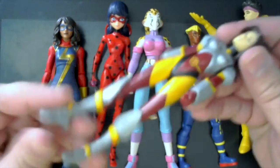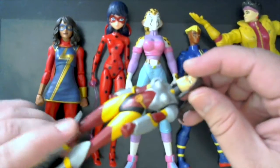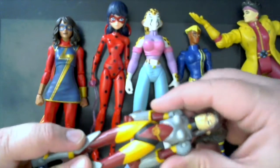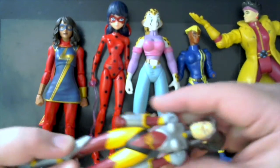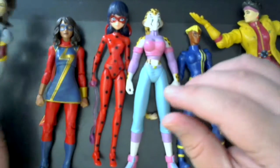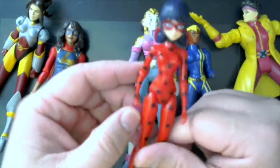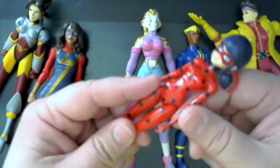But yeah, you can't pose these figures at all. You can barely play with them except for them standing up. And that's a common thing with action figures of women. That's one of the reasons why I was so excited. I'm so impressed with the Ladybug here. Because look,